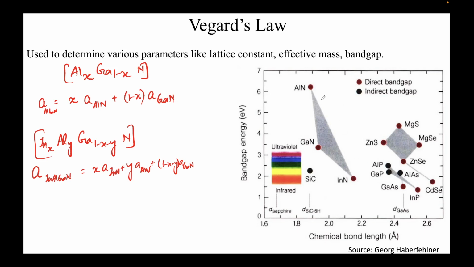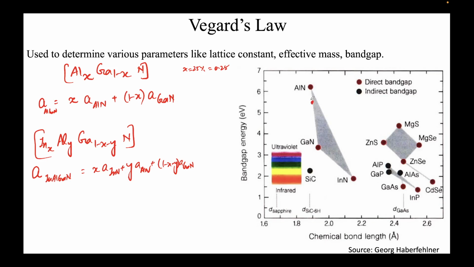Now I just want you to focus on a specific example. Let's say the mole fraction of aluminum is 25%, so x equals 25% or 0.25. We know it will lie somewhere along the straight line joining gallium nitride and aluminum nitride, correct? The exact lattice constants of gallium nitride and aluminum nitride we do know, and you can get them from this. If x is 25%, you lie somewhere over here,